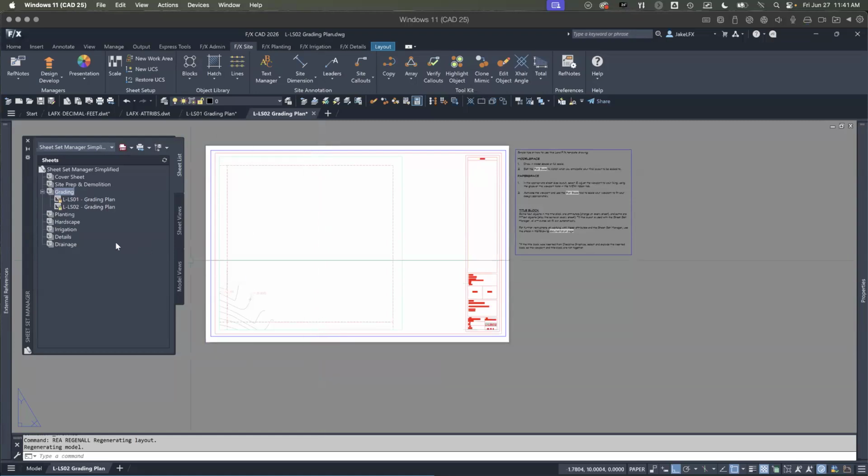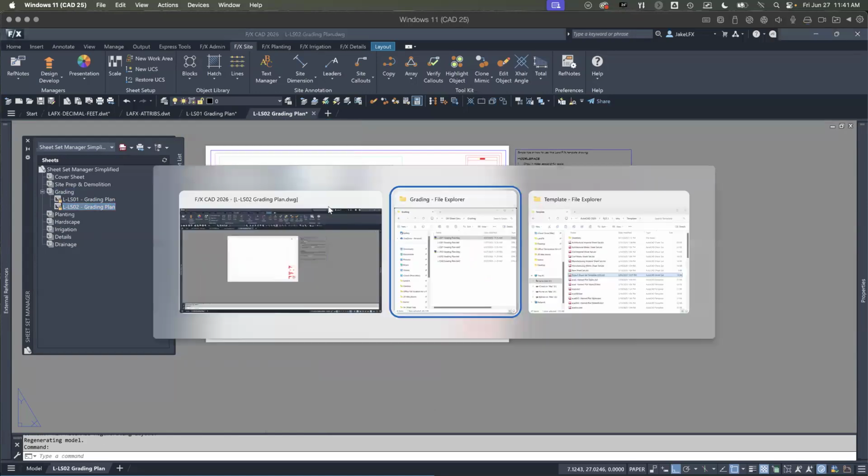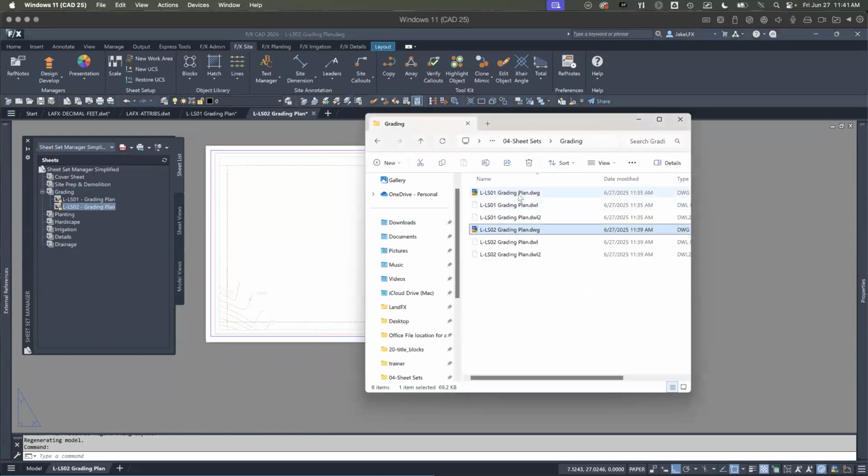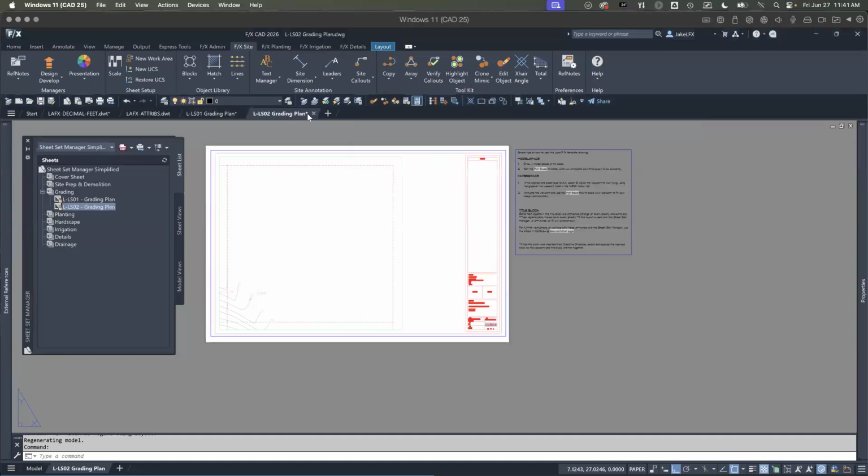This gives you the ability now, even though we are now going, you know what, I've got now two DWGs. I'm going to have 10 DWGs for just the layout. That's crazy, right? But it's not that big of a deal,